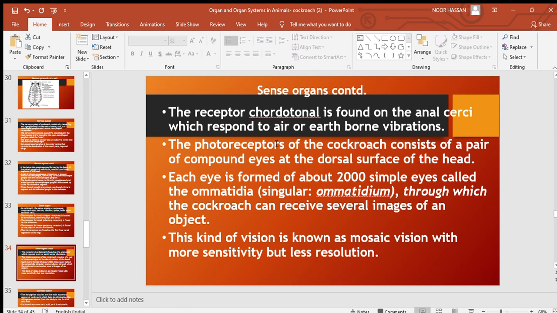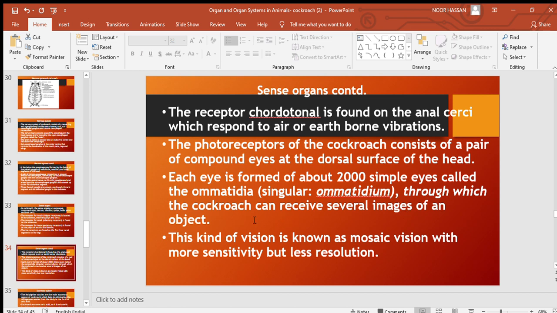Okay, that's the photoreceptors. It referred to compound eyes, and these are present at the dorsal surface of the head. Each eye is formed of about 2000 simple eyes called ommatidia, and the singular is ommatidium. So each eye is called a compound eye, and it is divided into smaller units, around 2000 units called ommatidia, through which the cockroach can receive several images